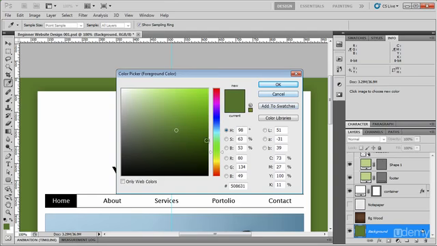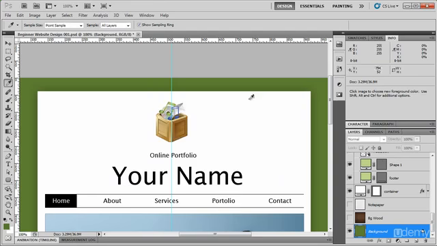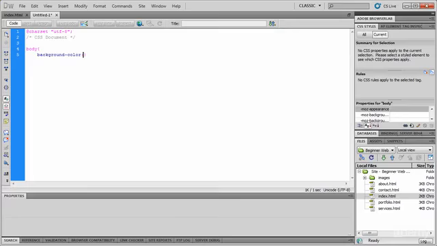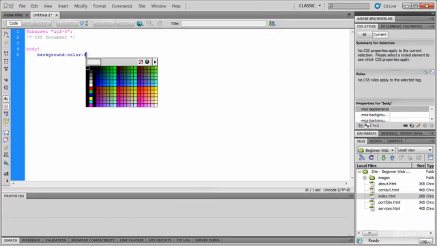Here's my color picker already. And if it wasn't ready, all I do is press I or use the toolbar, click on the color, and then on the color icon at the bottom left hand corner. And there we go. So I've got my color code now, which I can highlight, Control and C to copy, and then back to Dreamweaver, do a hash sign to make sure it's a color, and then Control and V,